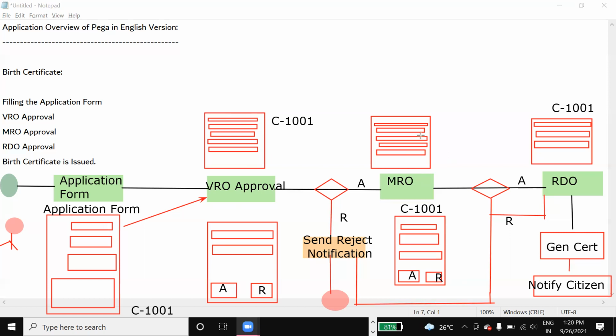So in those scenarios, we can actually have SLAs on the assignments. So we can put some SLAs, like for VRO approval, we can put SLA as something like 1 week. Okay, within 1 week, if he doesn't approve, we can put a logic to take a necessary action, or to send an escalation mail, or to remove the case from this VRO approval and auto approve and proceed to next level. So this is how we can put an SLA if the work is not done in the relevant time.